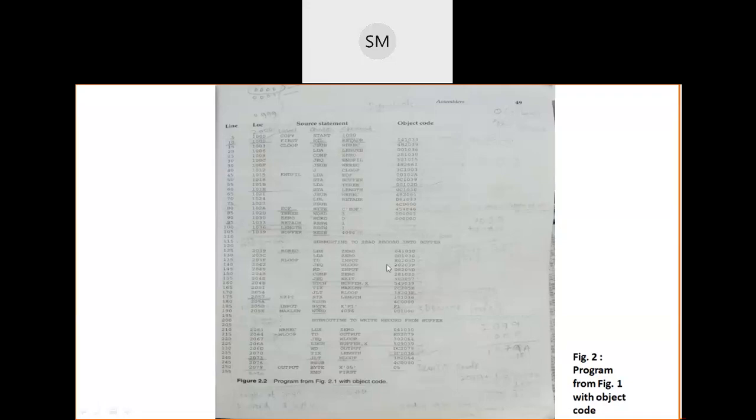Then one more difficulty you can face is this one, X'F1'. Here no need to convert it, F1 is already the hexadecimal code for an input device, so directly write that hexadecimal code here, no problem. Clear? Similarly, the hexadecimal code of the output device is 05. Directly you can write it. That's all. The remaining thing, I think you understood how to generate these object codes.